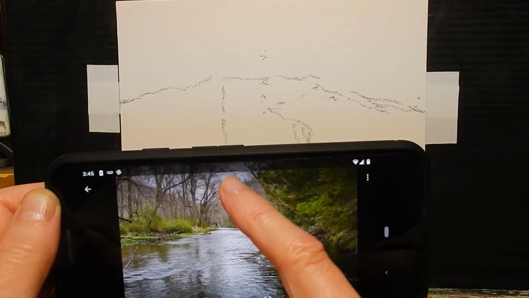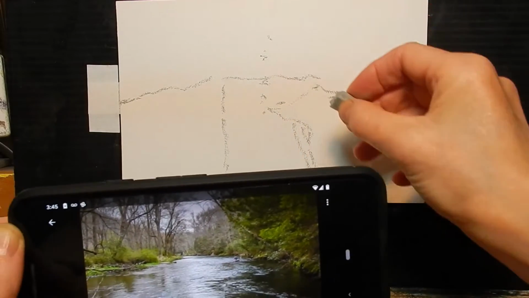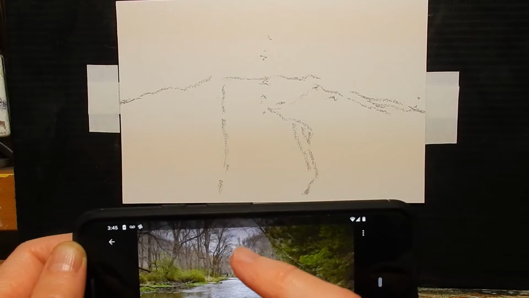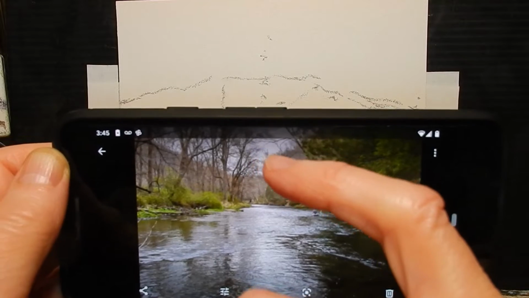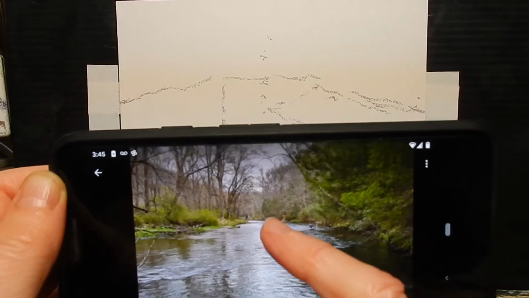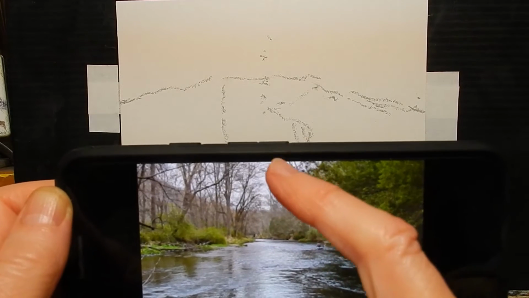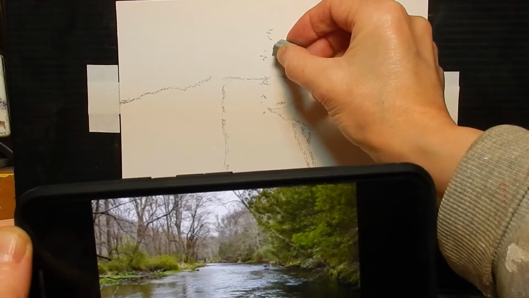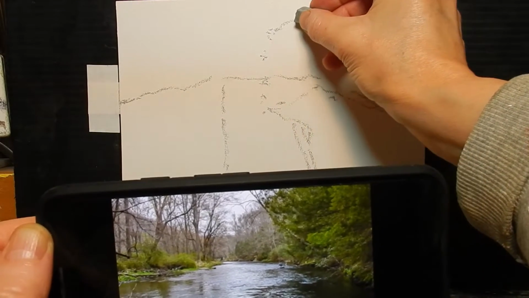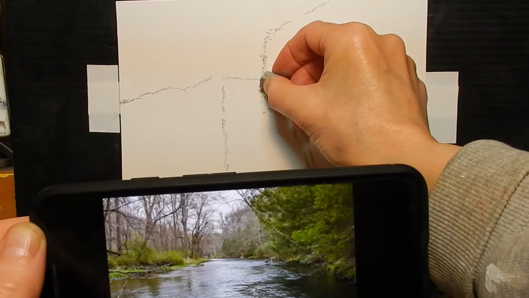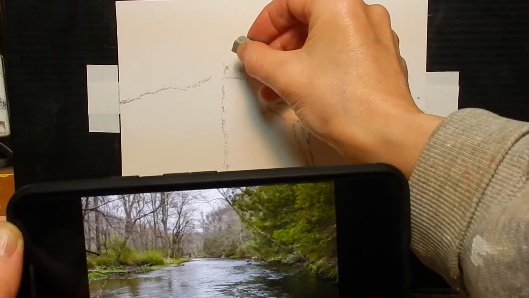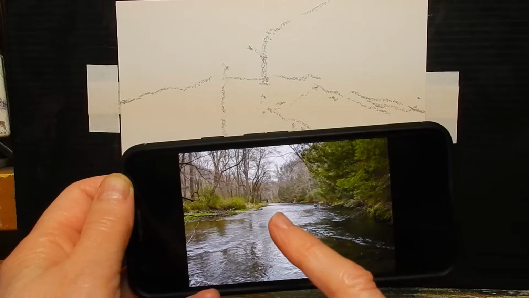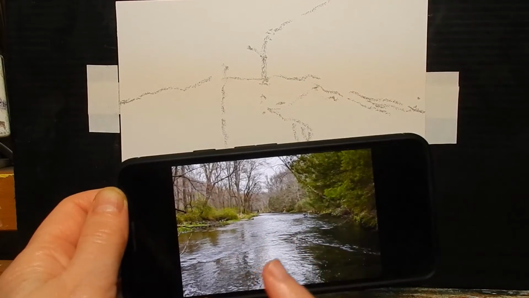So 1, 2, up to that point, 2 up to that point, and then it looks like there's about that again, that same amount of distance up to, I'm sorry if I'm not clear, not the same distance, a little bit further up to the top of the image. So a little bit further up for the trees, and goes over, comes down. There's another tree over here. And that spot, that little opening in the middle, maybe a little to the left of the middle, the line of trees is pretty much the middle, right,